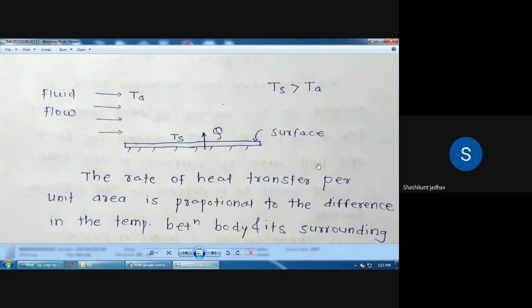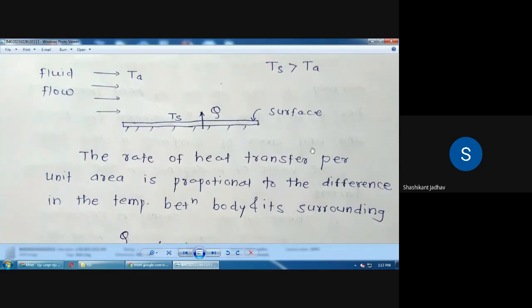What is the statement of Newton's law of cooling? The rate of heat transfer per unit area. We have to consider the rate of heat transfer per unit area. The heat transfer per unit area is directly proportional to the temperature difference. Write down: the rate of heat transfer per unit area is proportional to the